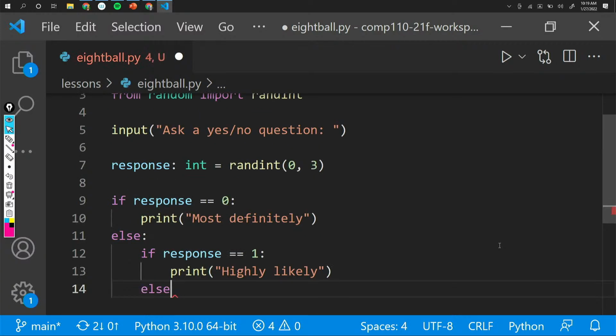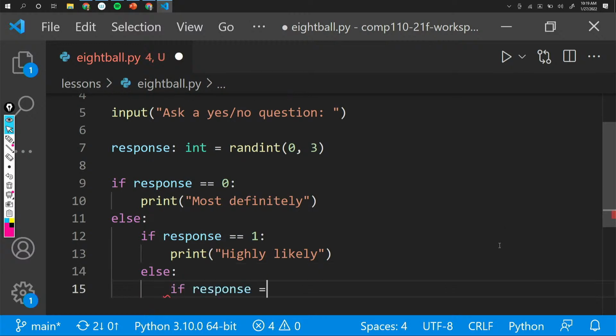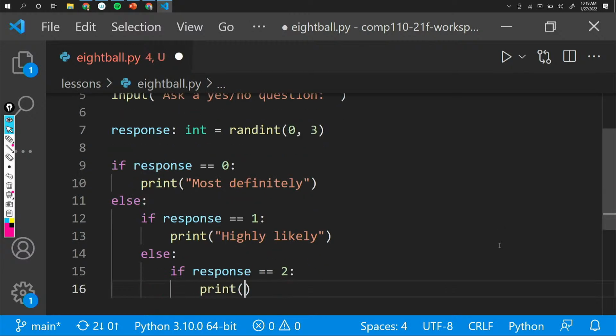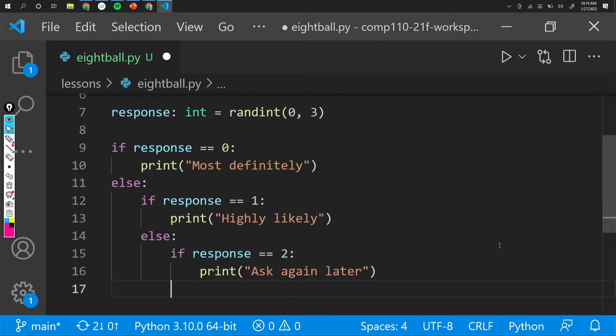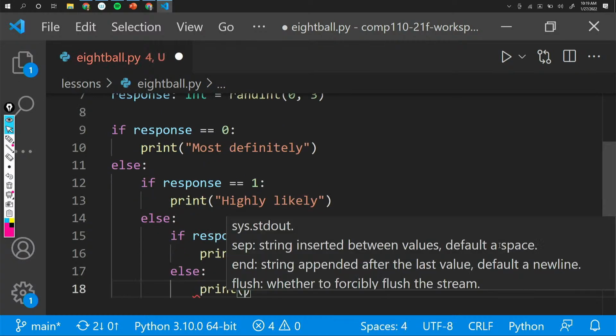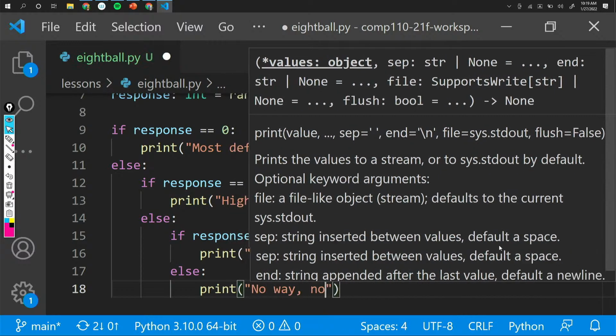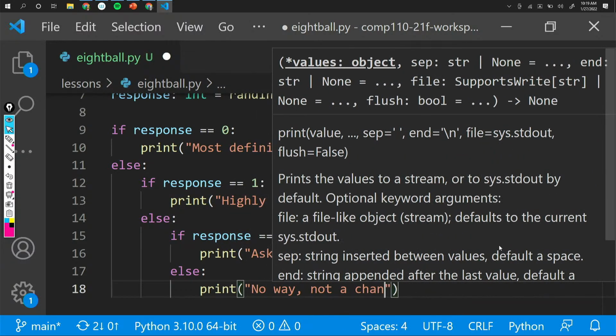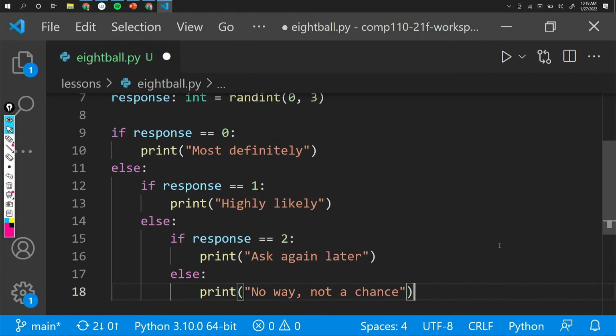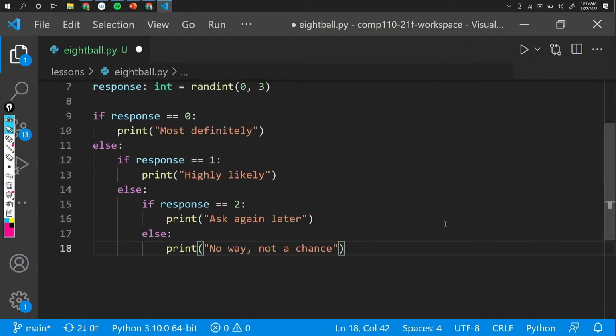Else, if response is equal to 2, print ask again later. And finally, else, print no way, not a chance. Something really depressing.